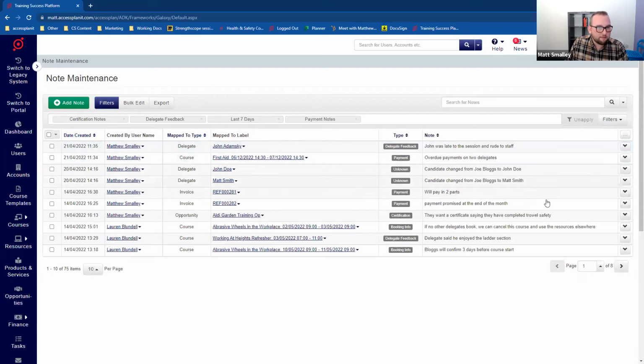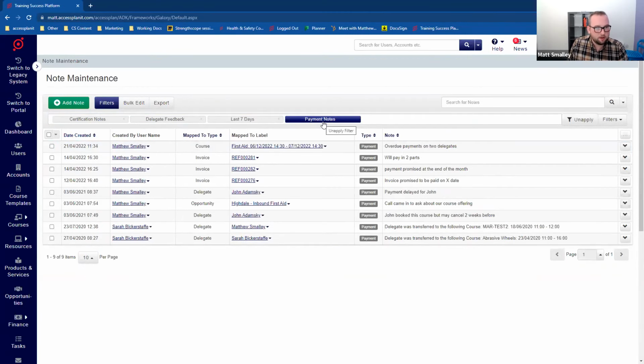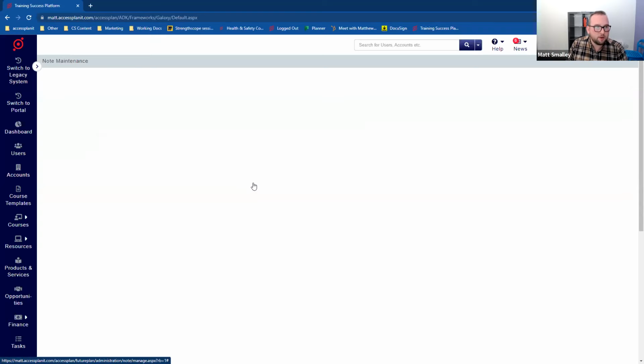Again, if we just unapply that filter, perhaps I want to come in here and see all the payment notes. So map to the invoices here. I know this person is going to pay in 2 parts, promise to pay at the end of the month. Again, if you're an account manager, you can log those notes against the invoices and the finance person can be picking them up. So when they're viewing that invoice,